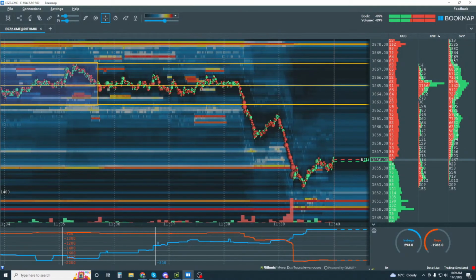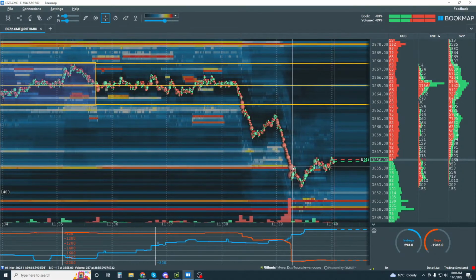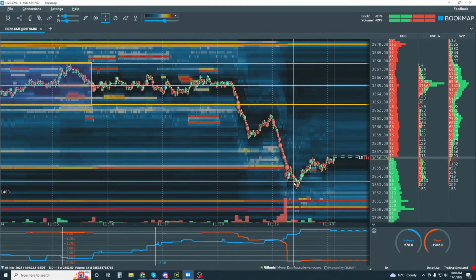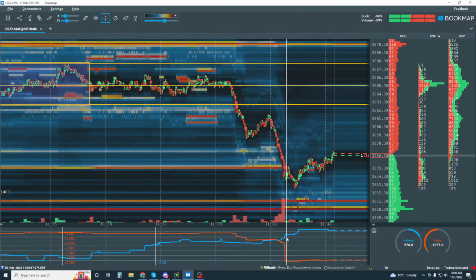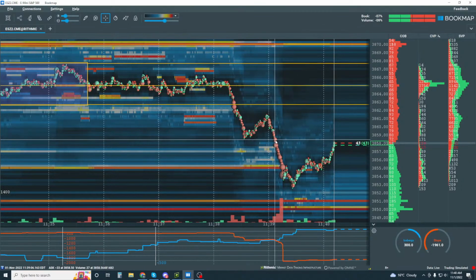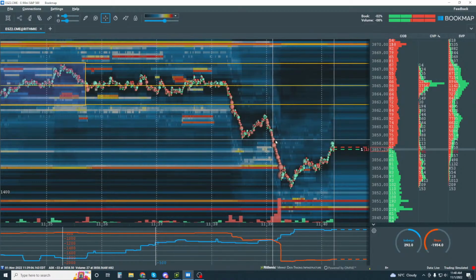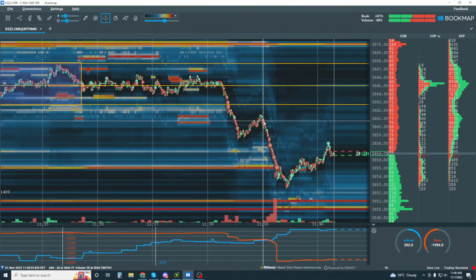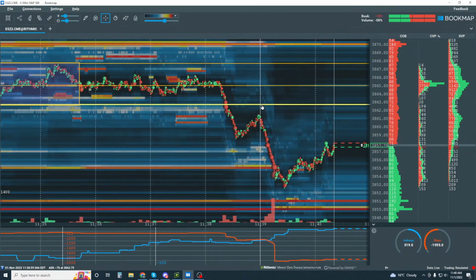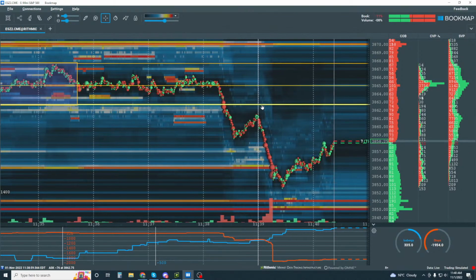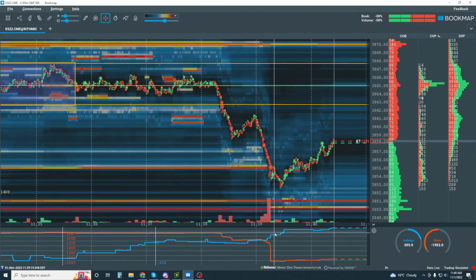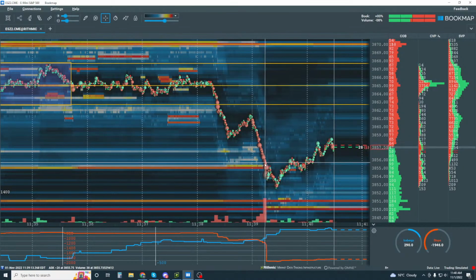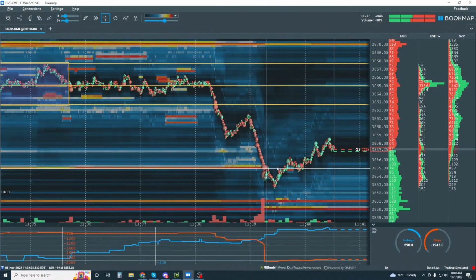All right, and now this is where you can start to put the pieces together. So if this is a stop run into this area in here, and you see icebergs on the other side, let's see if they can drive it right back up to, well, they're already there, to here where it dropped from, maybe even here or here. Okay, so here's our context in here. Stops and Icebergs is how it can help you understand that context. It's not a signal in itself.